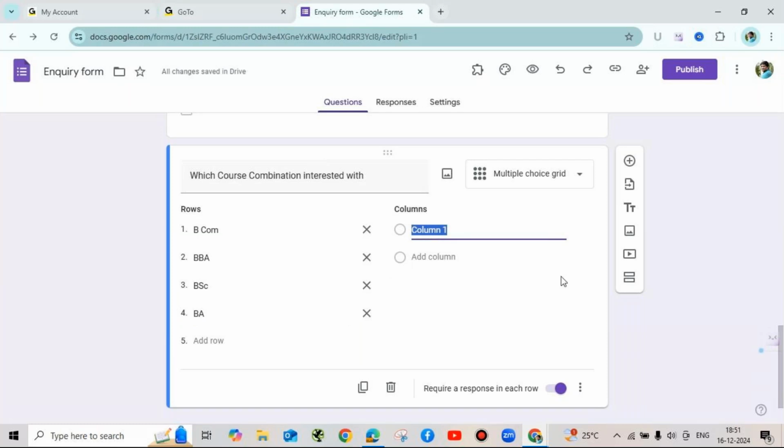So now let me take the columns. MS Office. Okay, let me split it out with this. MS Word, MS Excel, PowerPoint,